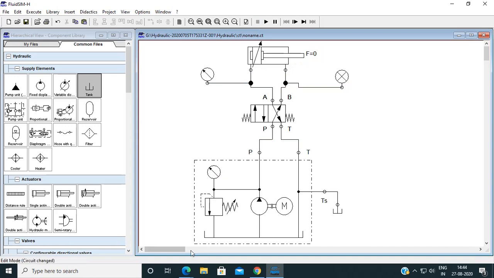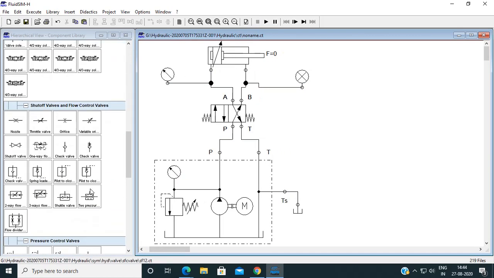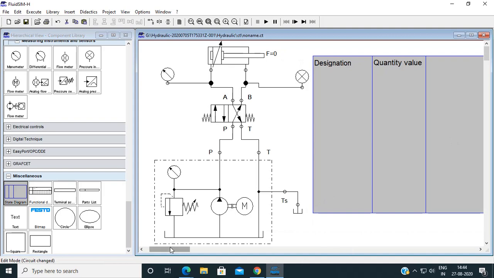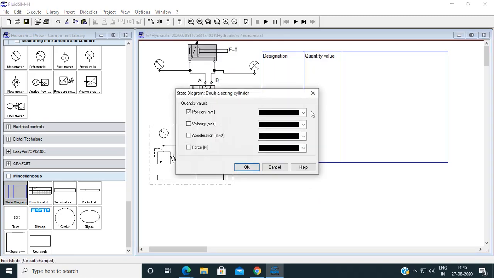Now we will see the state diagram of this component. So state diagram, just drag the state diagram here. In this state diagram I will drag this actuator. I want position, velocity, acceleration, force.